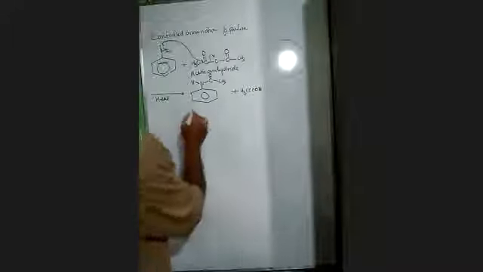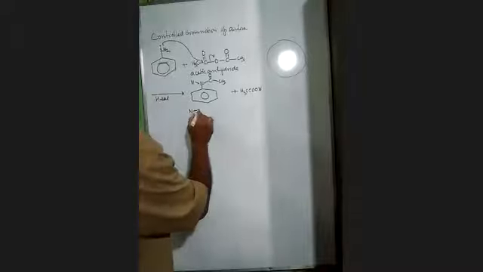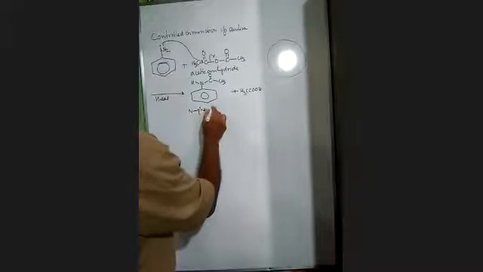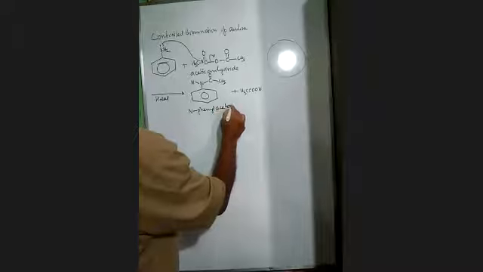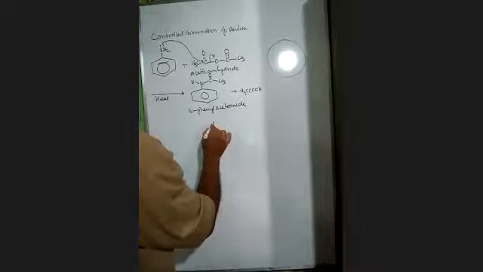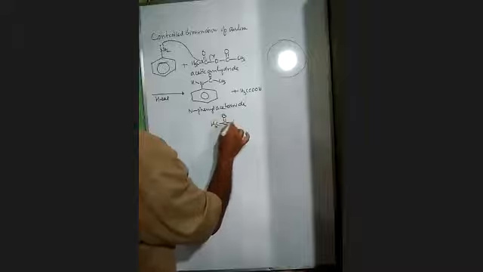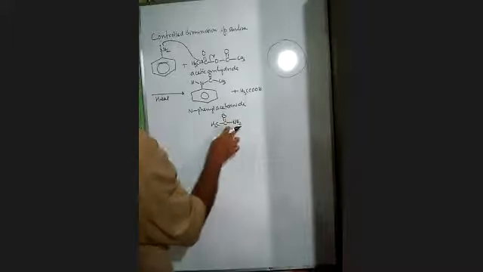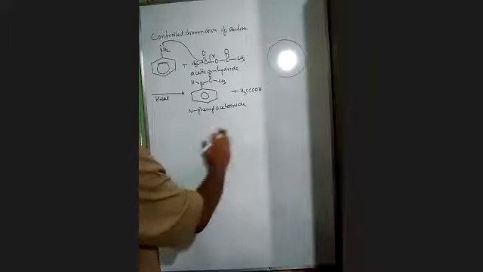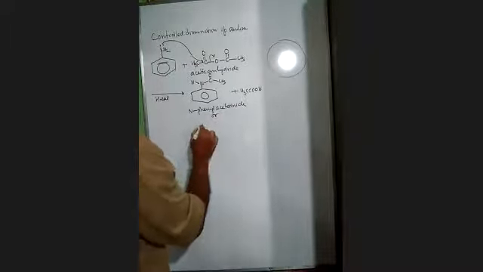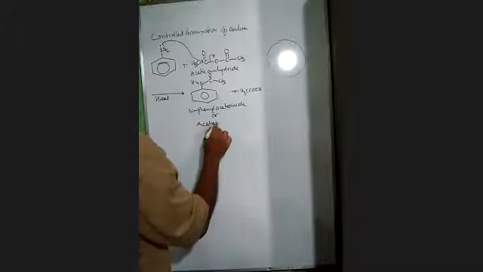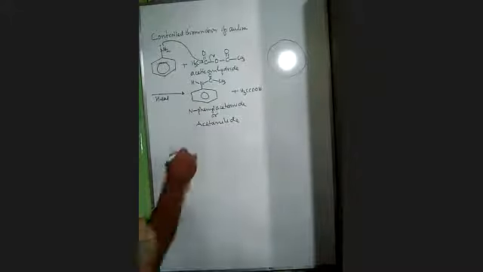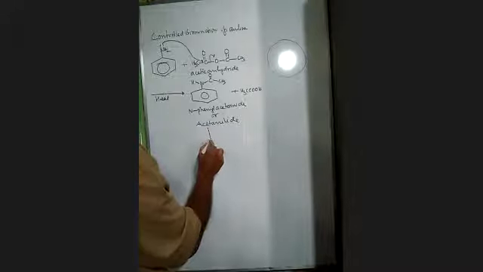Okay, this is called N-phenylacetamide. See, we know what is acetamide. This is acetamide. One of the hydrogens is substituted by phenyl, so we call it N-phenylacetamide. Or it has a common name also. We call it acetanilide. It is more popularly known as acetanilide. Clear? Then to that we will add bromine,